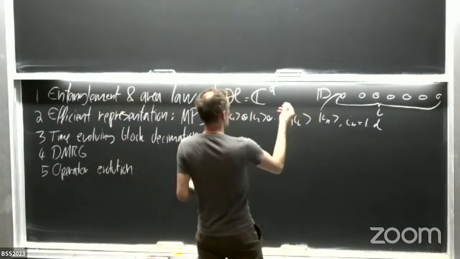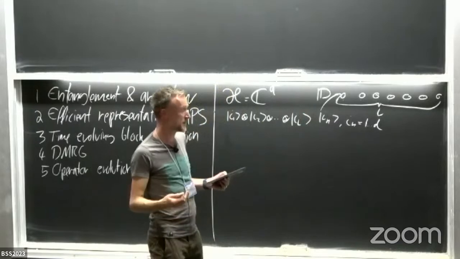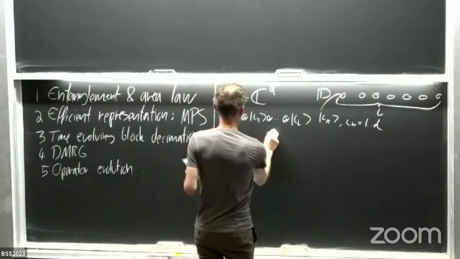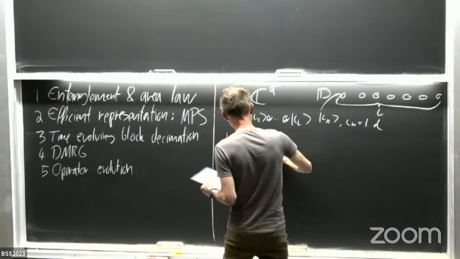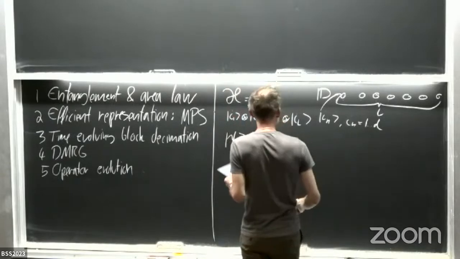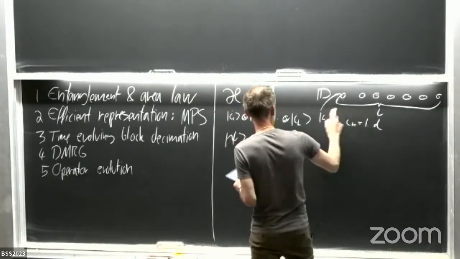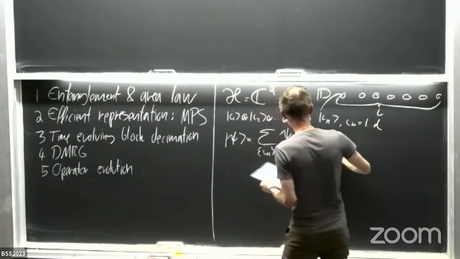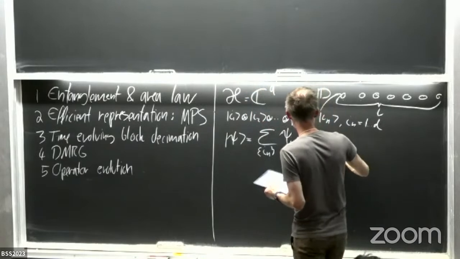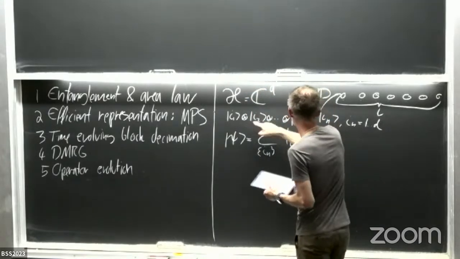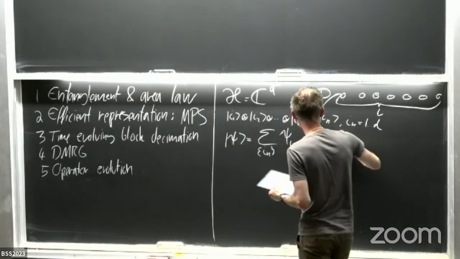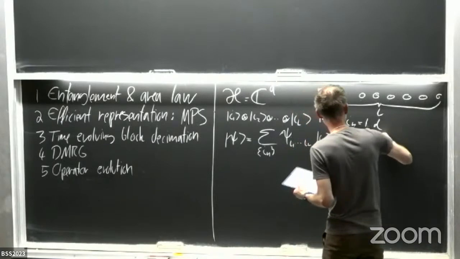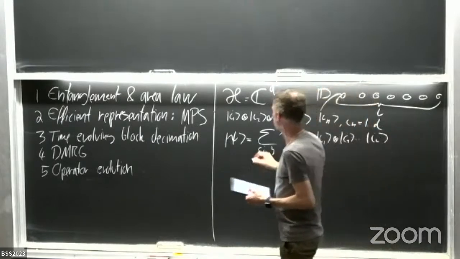And for doing this numerically, the most general form is that we can write down the many-body state as a superposition, summing over all degrees of freedom that we have, like for each spin up and down. And then we have the amplitudes of the many-body wave function, psi i1 through iL, times our product state of the basis, i1, i2 to iL. Good.